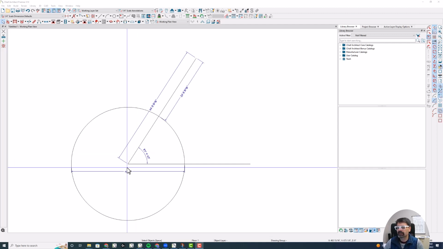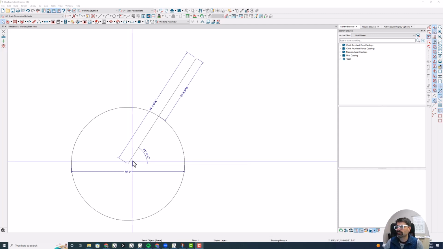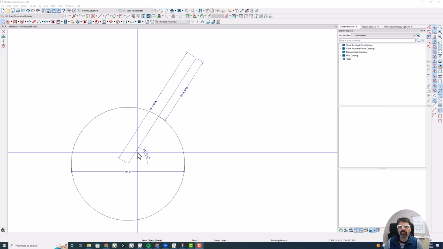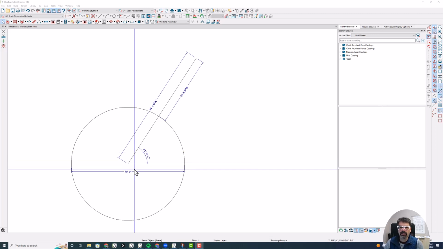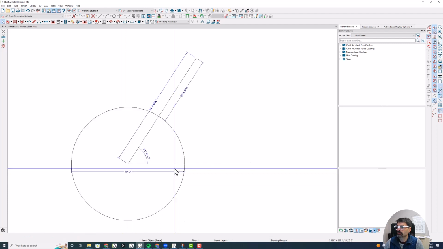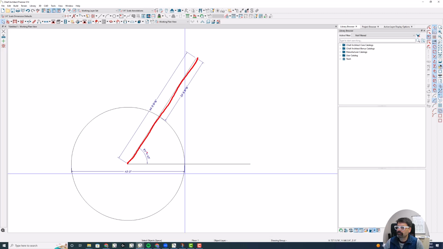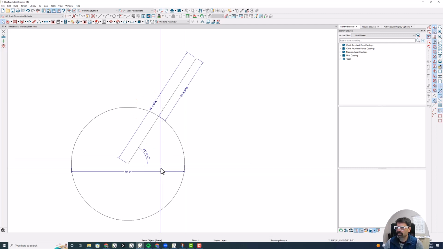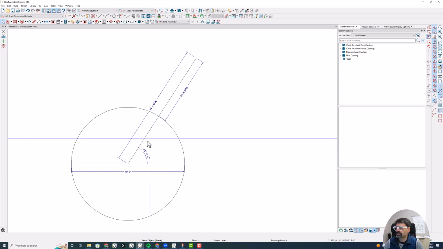CAD drawing and tangential calculations. Joe brought this up in one of the Facebook groups, and so I wanted to just describe how I do tangents. I've started off with a 40-foot diameter circle, and I just drew a random line at a random angle and a random length. Just completely arbitrary. I wanted you to see that it wasn't at a given 15-degree angle,